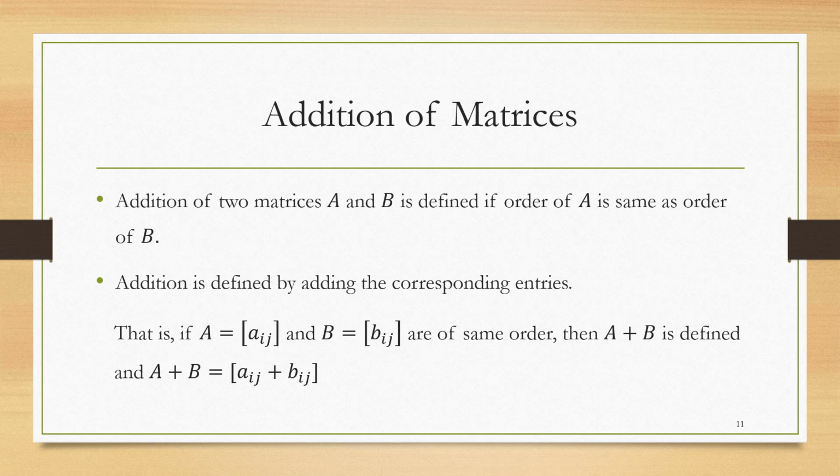So like I said, addition of matrices is possible under some conditions, and that condition is for addition of A and B, they should have same order. If A and B are having the same order, then only we can say that A plus B is defined. And how it is defined? If ijth entry of A is Aij and ijth entry of B is Bij and they are having the same order, then A plus B is defined as adding the ijth entries. That means adding the corresponding entries. Let's see how.